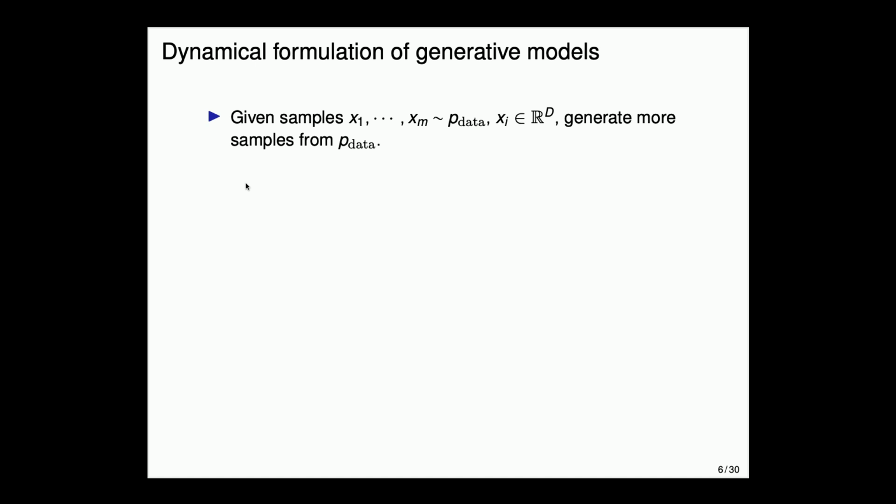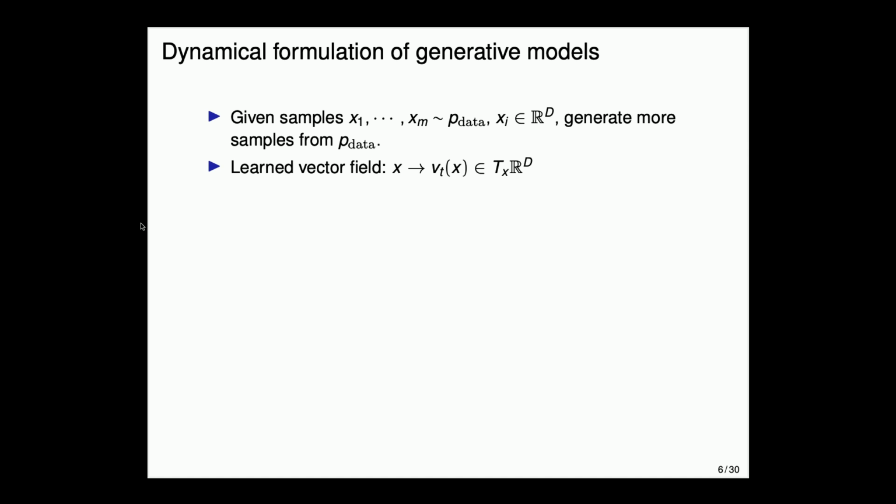Okay. So, to understand that, let us formally look at generative models exactly the way Seating described in her talk. We think of generative models as just an algorithm which takes some finite number of samples from the data target distribution, which will be written as p data, and it generates more samples. The thing to note is that I have written them in high dimension. So, capital D is this ambient dimension from which we are getting the data.